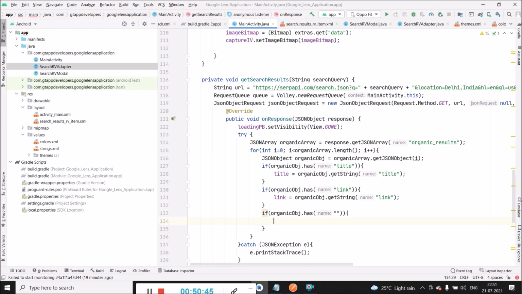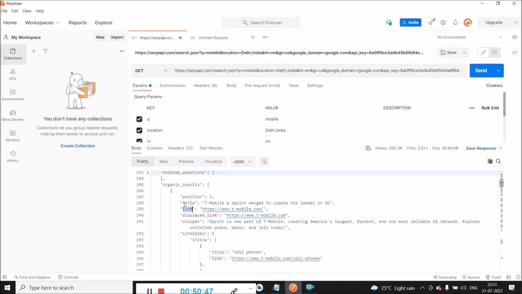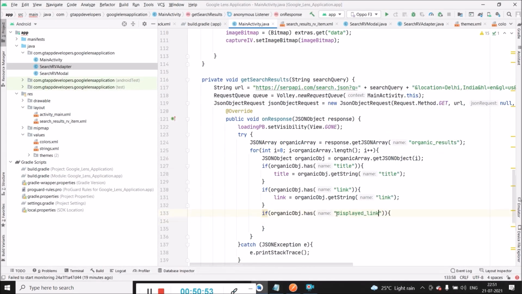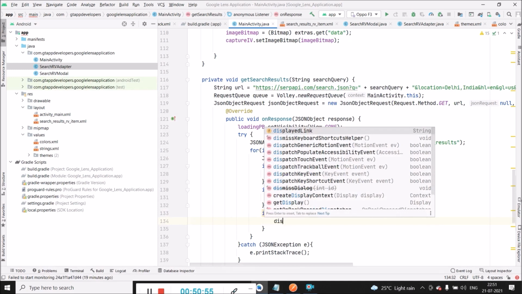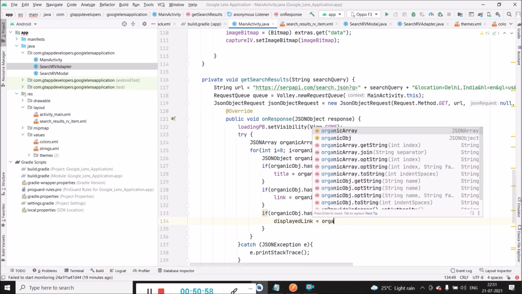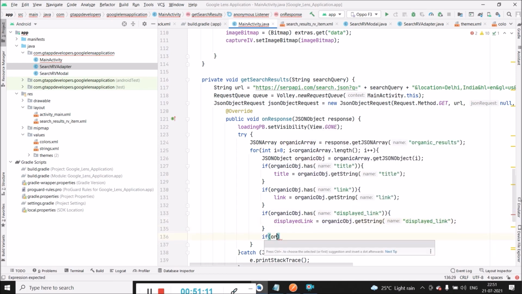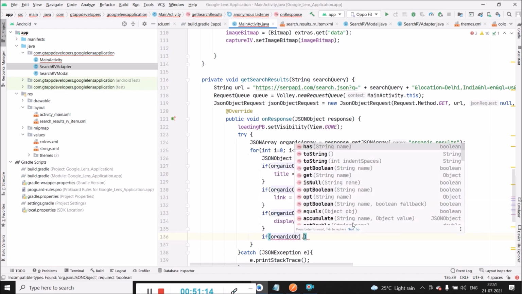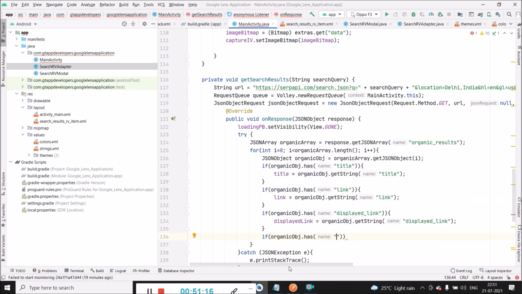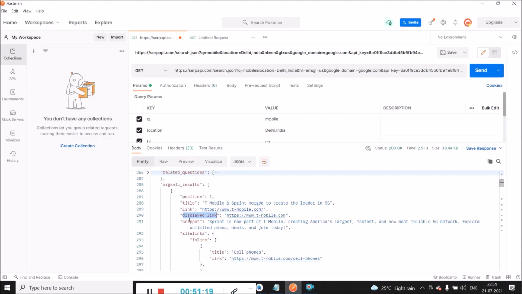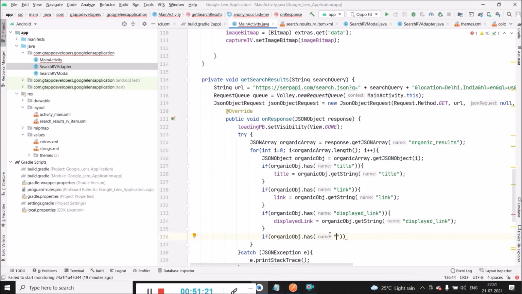Now the next one will be for our displayed link. After that we will be getting our snippet.